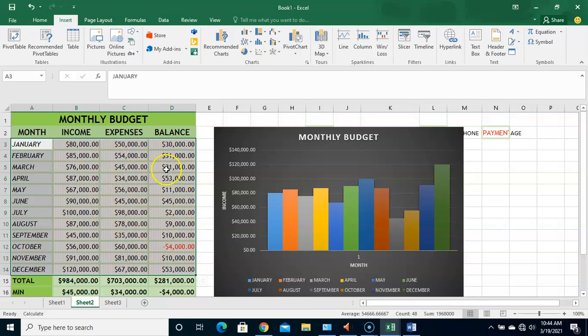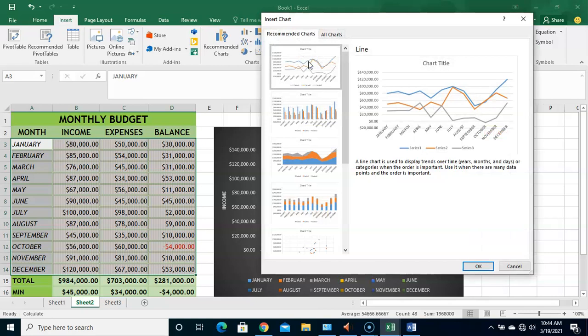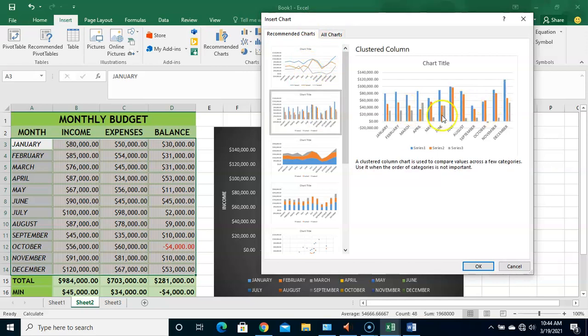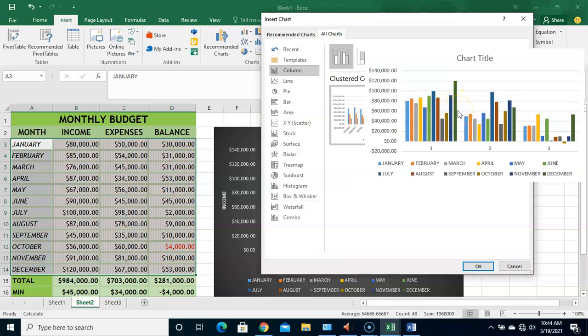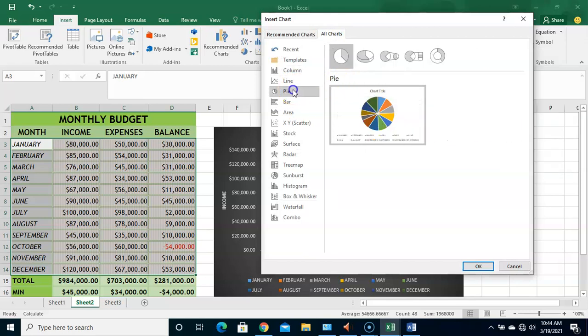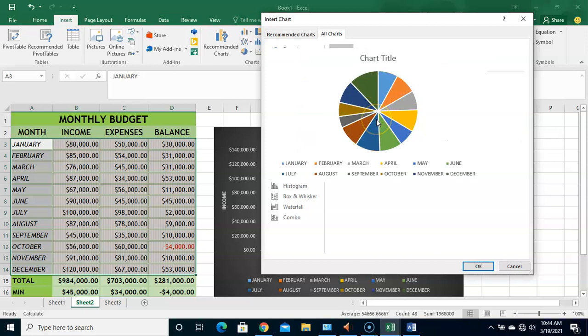Then after making the selection, the next thing to do is to go back to insert, just like we've been doing. Then just click the dialog box launcher. When you click that, you have the recommended charts there. If you want this, you could choose this. Can you see it? So these are things that you could do. So I'm going to go to all charts and see if I can get a better description. Let me see. Now, if you select pie chart,